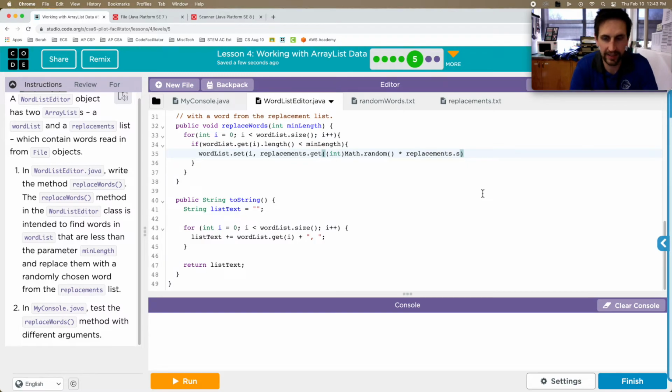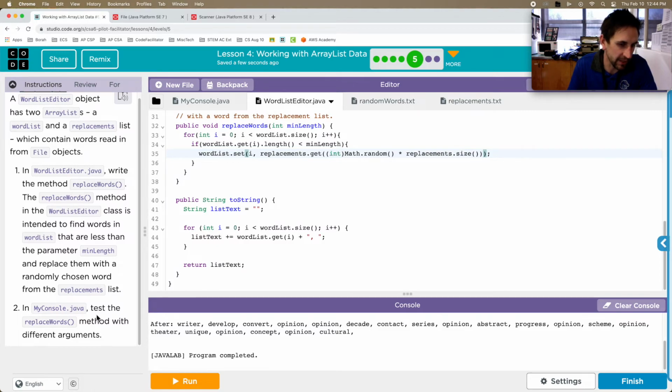It is, dot size. And I think that I need another parenthesis. All right, and when we run this,